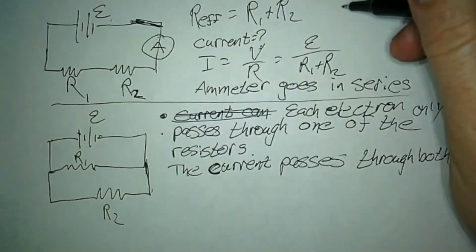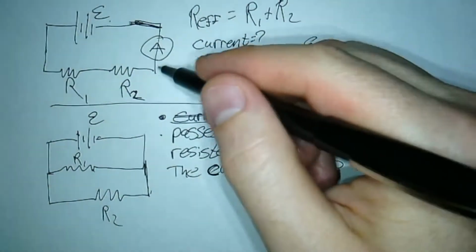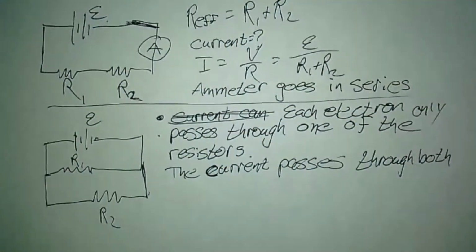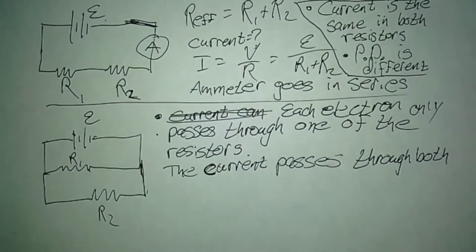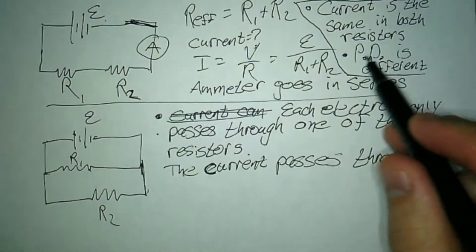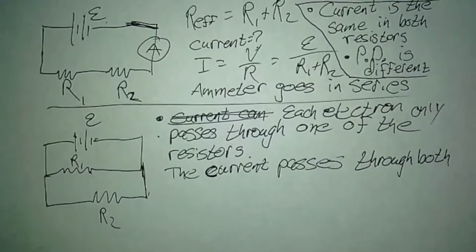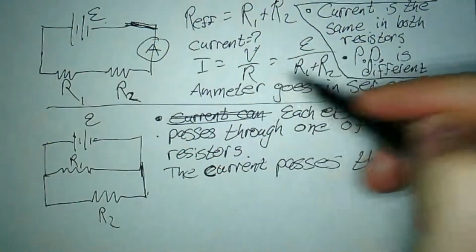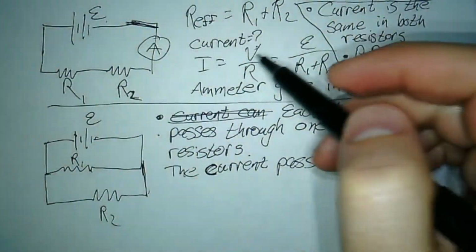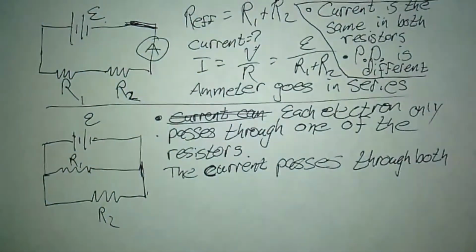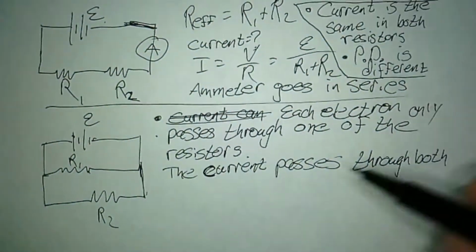And so for potential difference, what I'm going to say is the current through both of these resistors is the same. So the current is the same in both resistors, but the potential difference, the PD, is different. So how do we find that? Well, to find the current, we did that a second ago. Now to find the potential difference for each resistor, I'm kind of out of space up here, so I'm going to just come down below